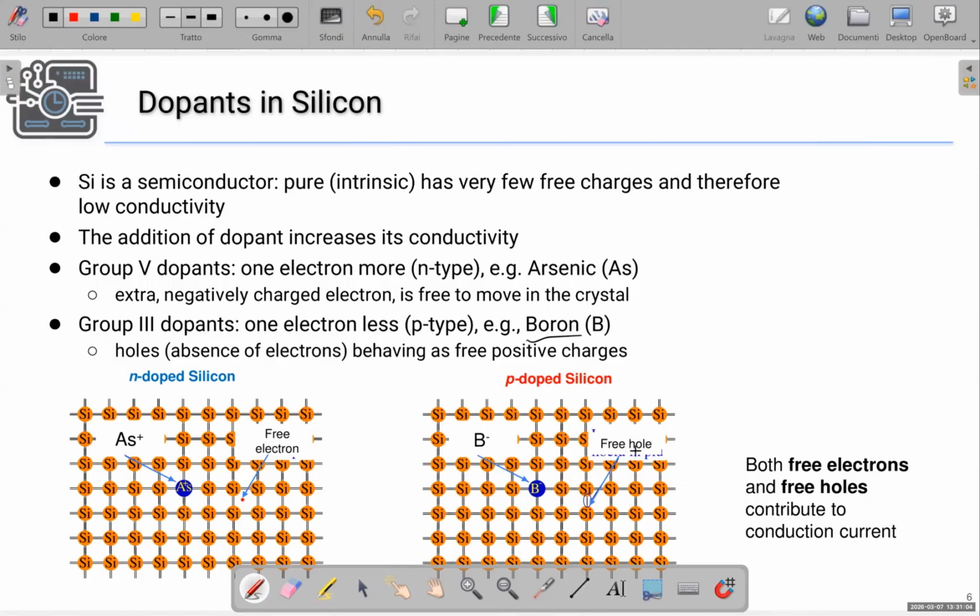and like electrons, it behaves as a free charge, a moving charge, a charge that in the presence of an external electric field can be displaced and gives rise to current. When we add a dopant of this kind, from the third group, we say that the silicon is doped with a p-type material. Both free electrons and free holes contribute to the conduction current,